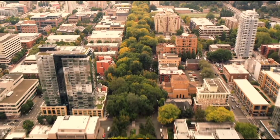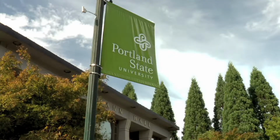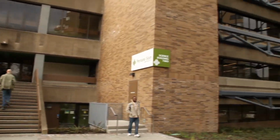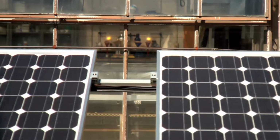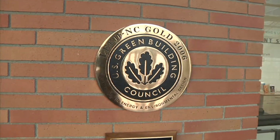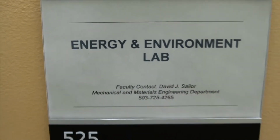Portland State University is located in the southwest downtown area of Portland. Started back in the 1940s, it boasts itself as the largest university in Oregon with 30,000 students. They have gone extensively green, incorporating sustainability initiatives into every class. Their engineering programs are primarily focused on developing green technology and best practices, and it all starts in the Green